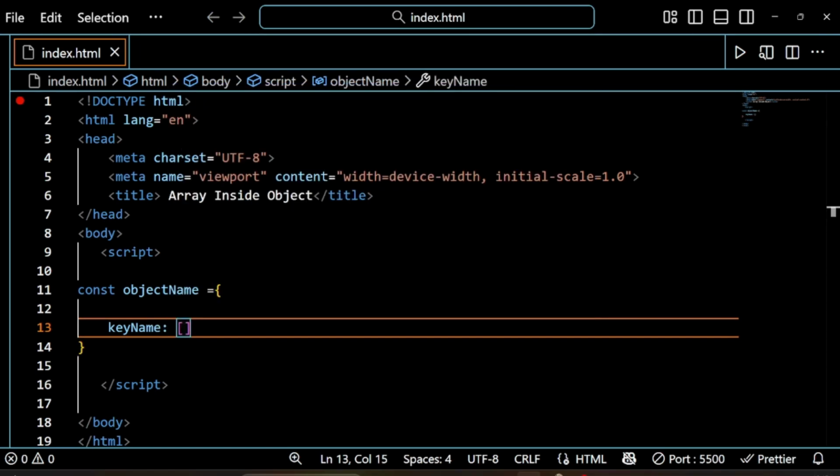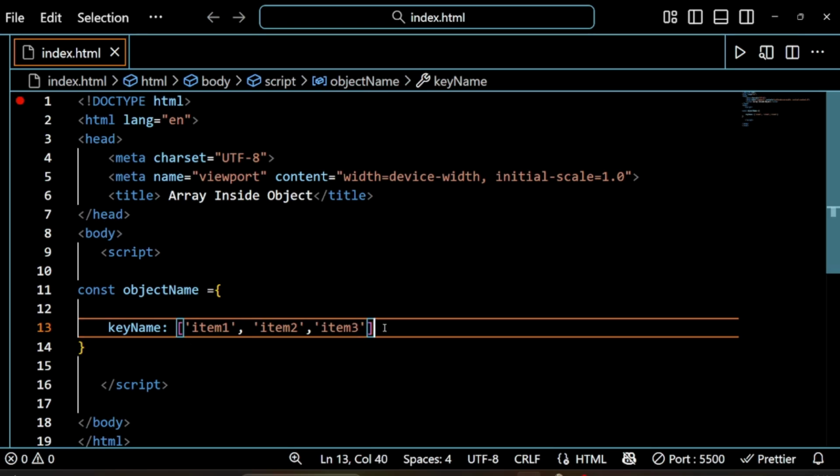After this we are using square brackets. We always use square brackets whenever we are dealing with arrays. Inside this square bracket, I'll write item 1, then item 2, and the last item 3. These are my 3 items, which is item 1, 2, 3.